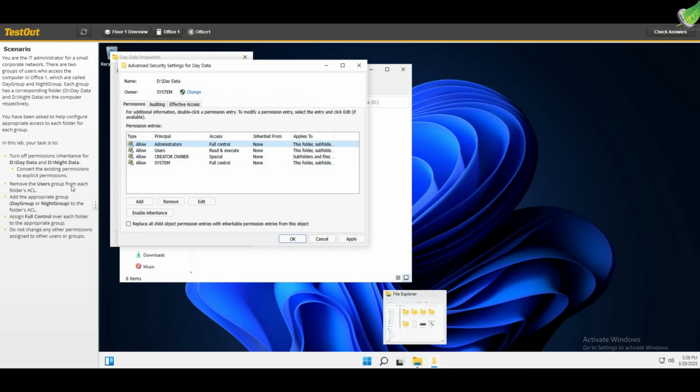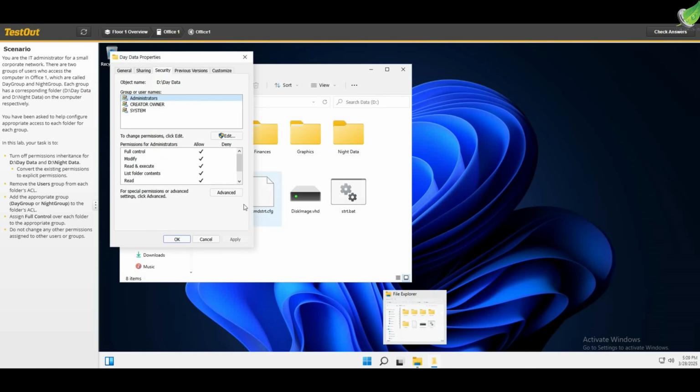Remove the user group from each folder. So this is the user, we have to remove it. Remove. What else do we do after removing users group? Add appropriate group, day group or night group, to the folders' ACL. So let's go ahead and add. We'll go to edit. So this is not giving us opportunity to do that, so let's just apply what we've done here. Okay, so